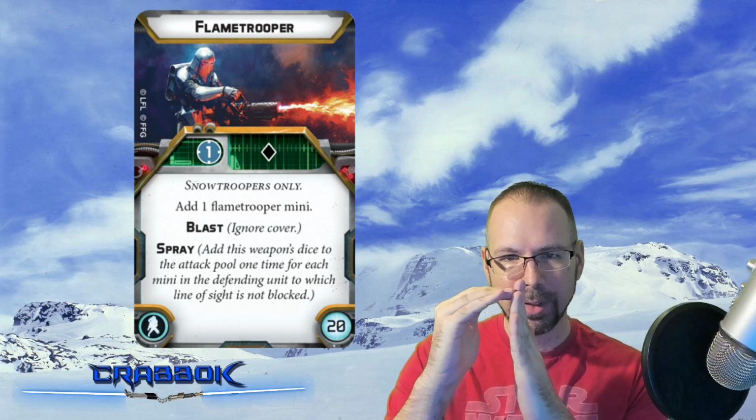Steady allows you to move twice and then still shoot, so while they are only speed 1, sometimes that speed 1 can be a little deceptive, because I can go boop boop boop, and then boop boop boop, and then measure from there. Whereas most units that are speed 2 can't move and shoot as a free action, they would have to move once and then shoot. Snowtroopers can potentially still get some moderate range if the terrain allows them to survive long enough